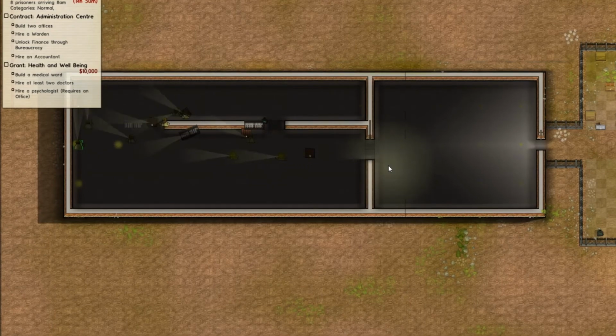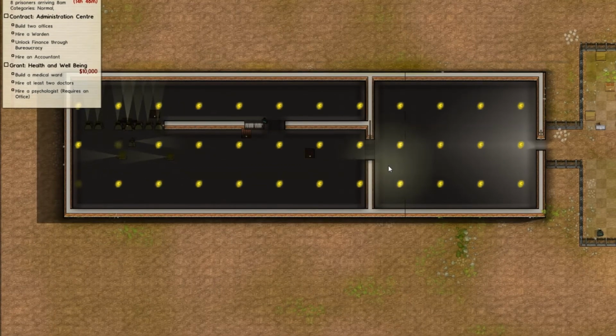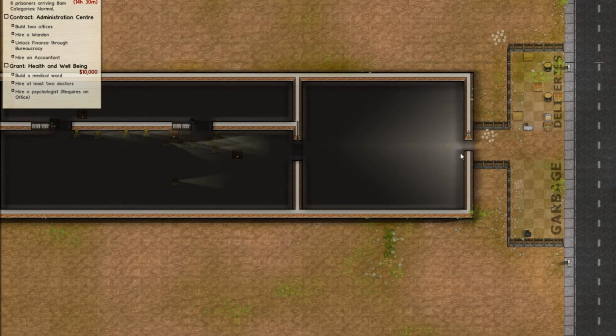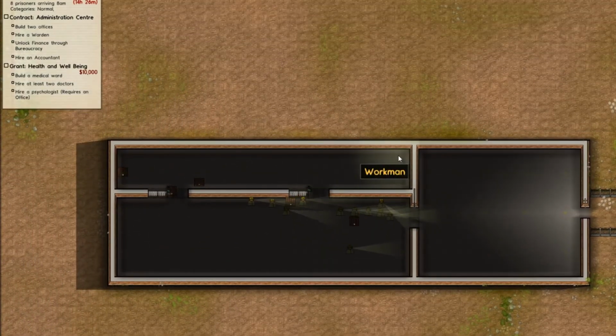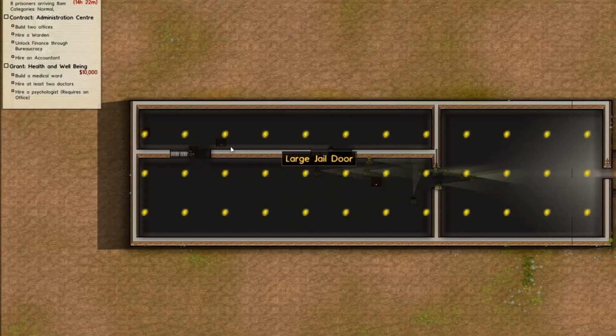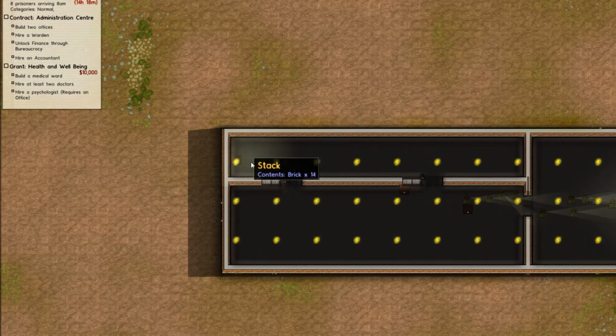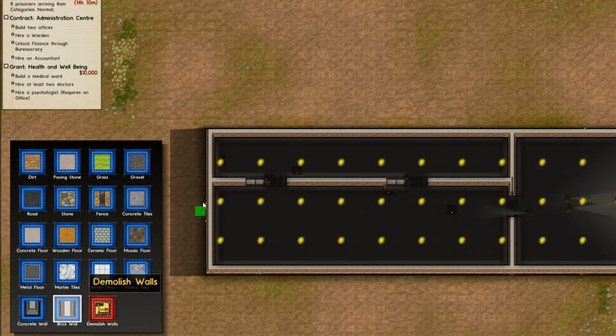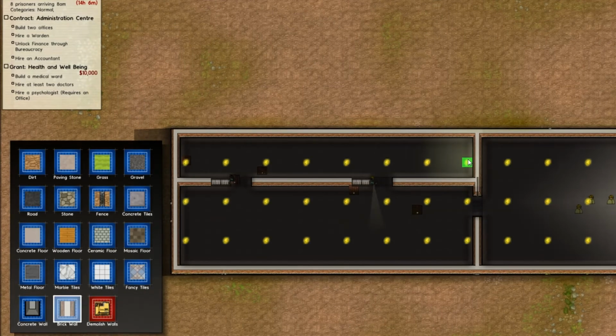We will also need a storage room, which I think I'm going to have, I might have it down here. Actually, is that a little bit close to the entrance? I'm not too sure. But we'll have it somewhere quite handy. Right, so this should be enough space for cells, as in prison cells. Let's start building them. I believe they need to be...